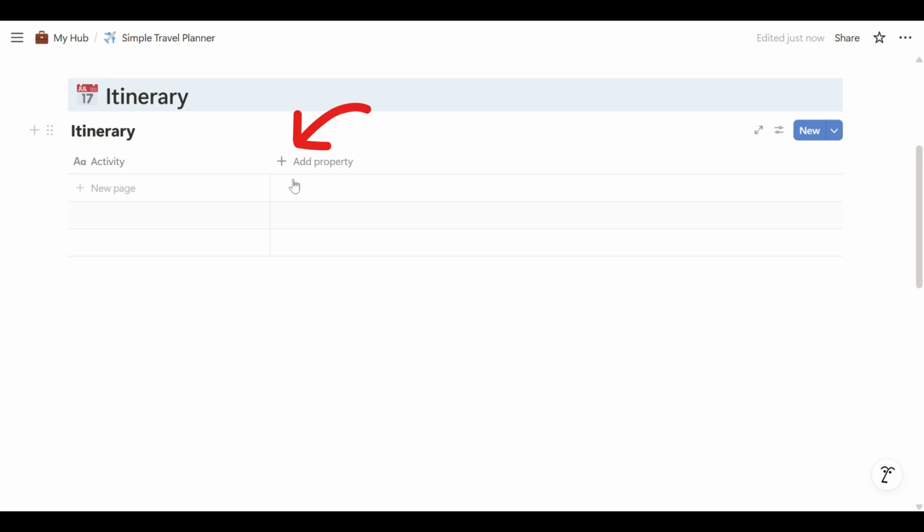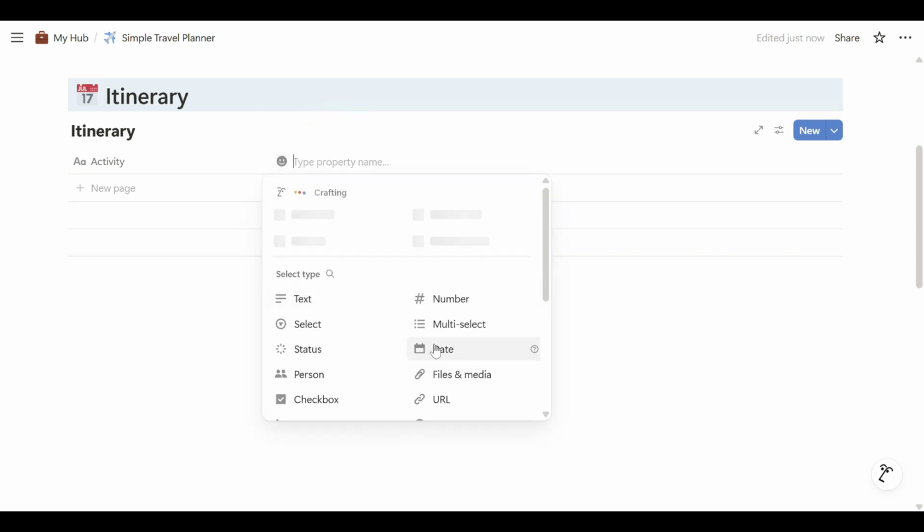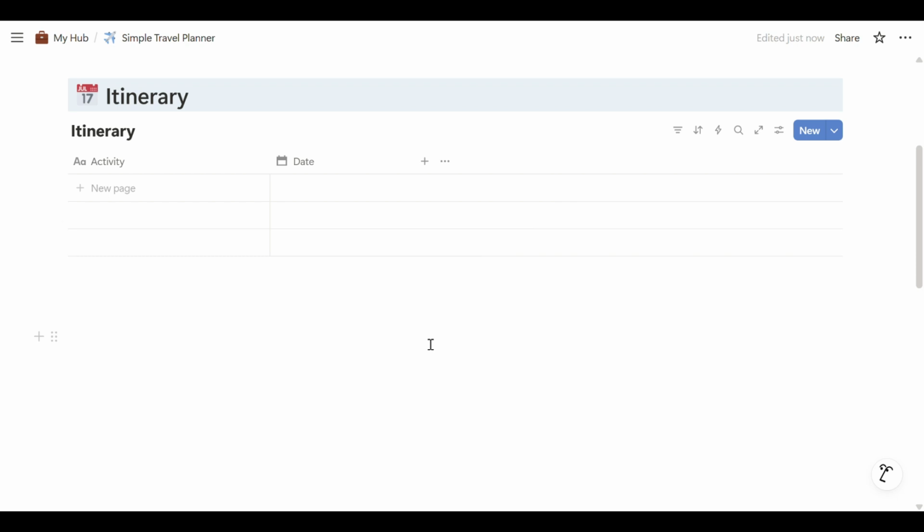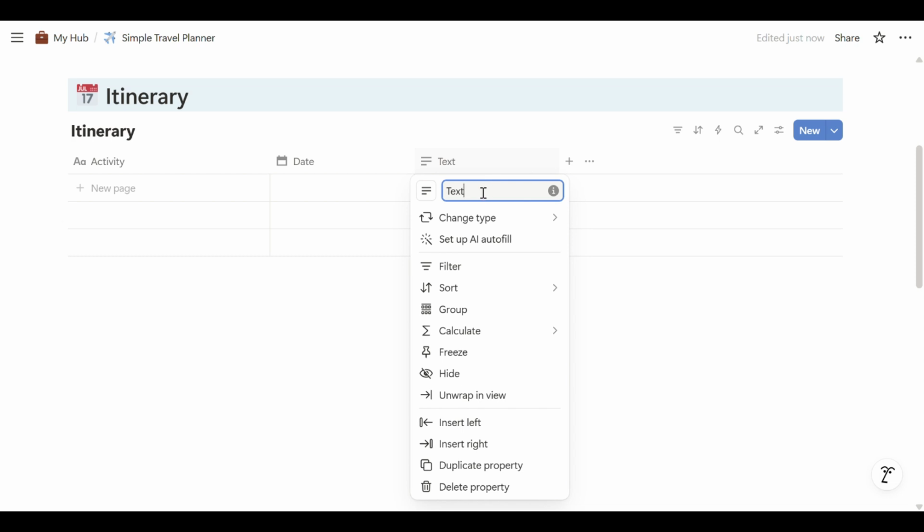Then add a second column for date by clicking on the plus sign here and selecting the date field property. You can include time if you want, especially for flights. And the third column I'm going to name notes. This is just a plain text field where you can drop in flight codes, reminders, or any small details you